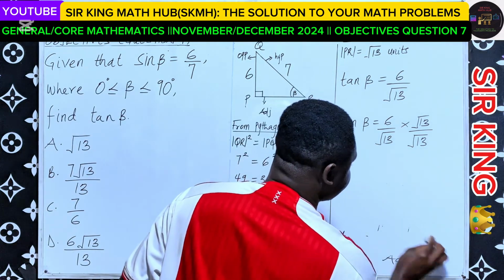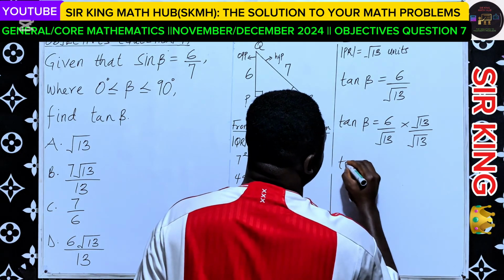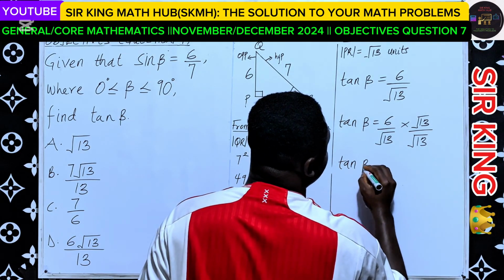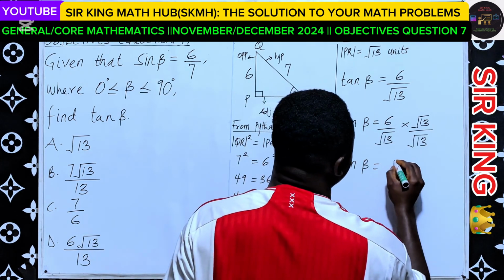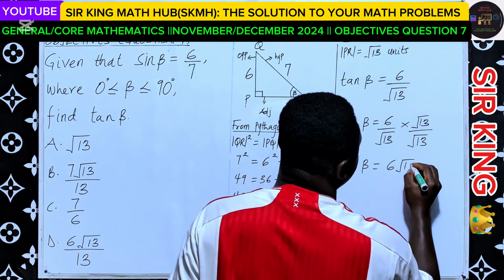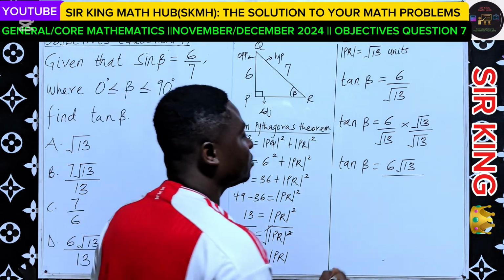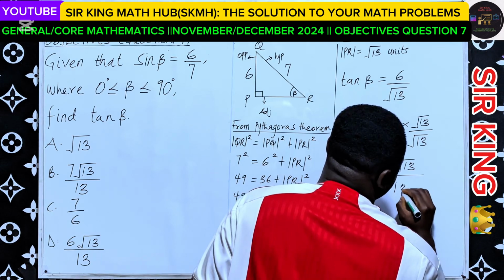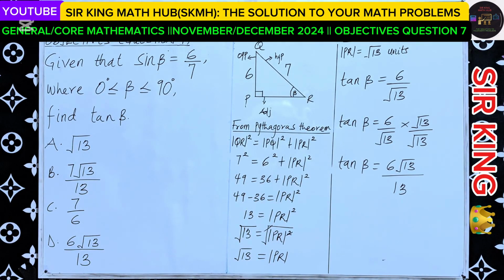Let's simplify. Tan beta is equal to 6 multiplied by root 13, that is 6 root 13, over root 13 multiplied by root 13, which is 13. So from the alternatives, what should be the right answer? The right answer is option